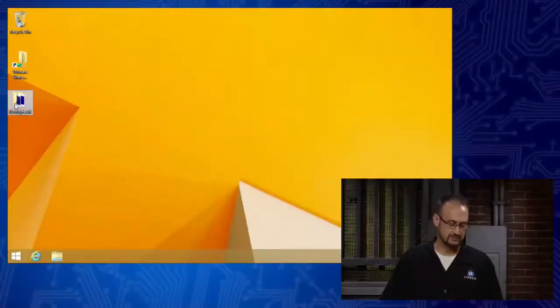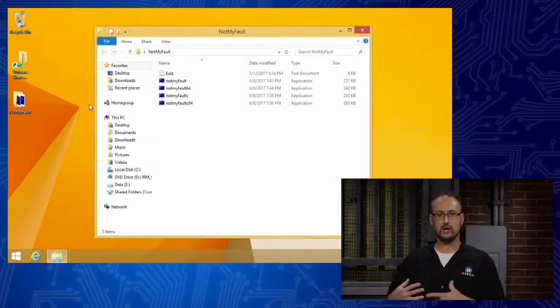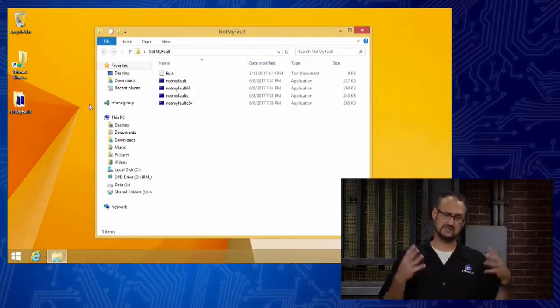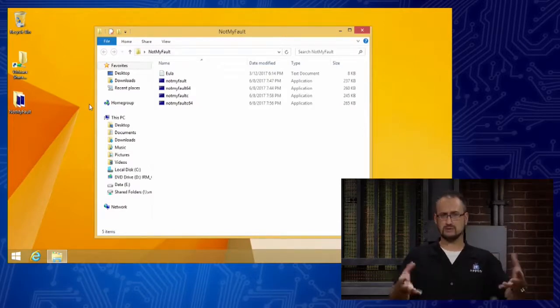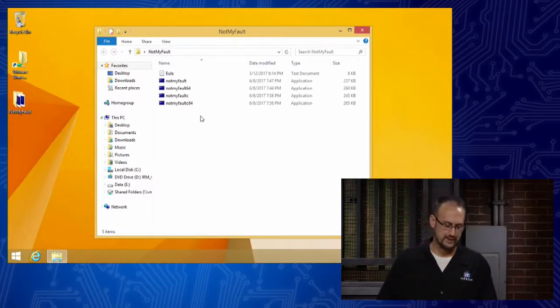All right, now let's go ahead and see if we can create a blue screen right here so you guys can see what the proprietary screen is. In fact, I've got a Windows 8.1 machine, excuse me, and Sysinternals. This is another company that's actually owned by Microsoft. Originally, it wasn't owned by Microsoft, but they've got just a great suite of utilities, so Microsoft bought them, and they're like, hey, you need to come work for us. So if you get a chance, this is called Not My Fault.